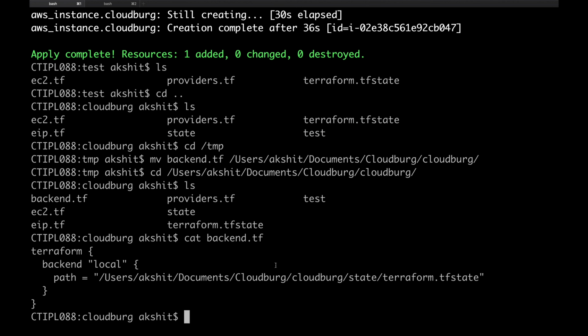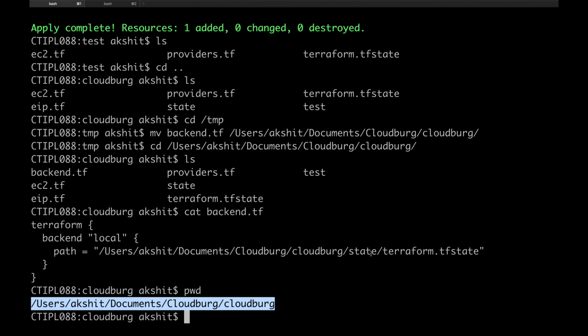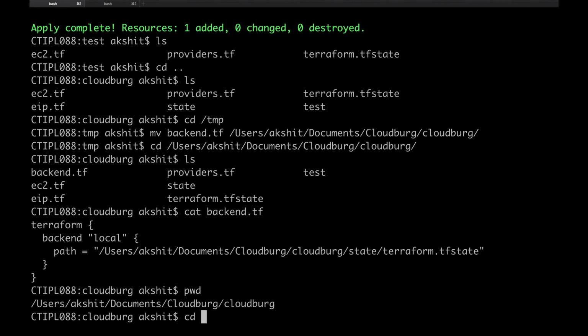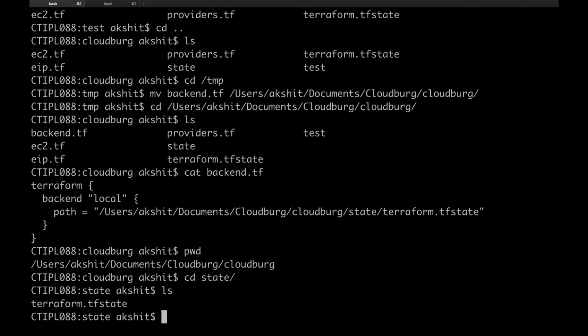You can see we are creating one Terraform state backend which is local, and the path is this CloudBug. We are already in CloudBug, as you can see. Now the state will be created in this folder.